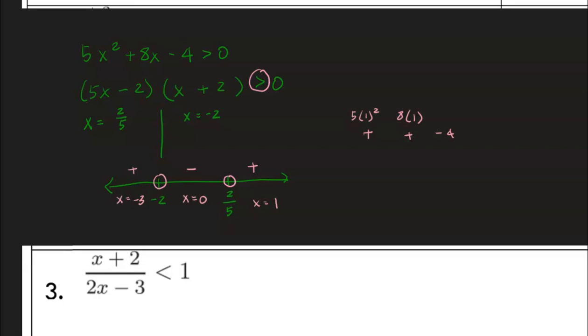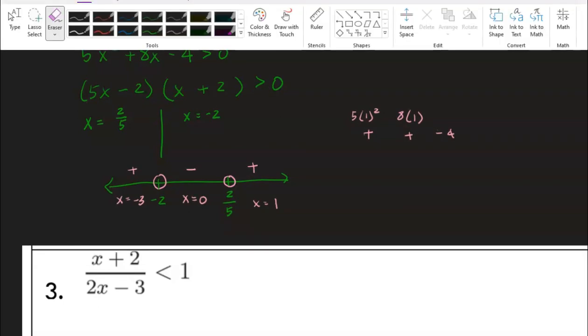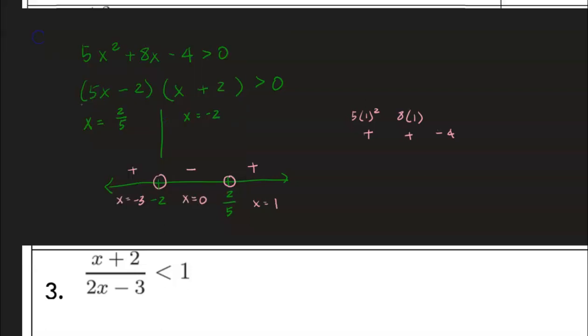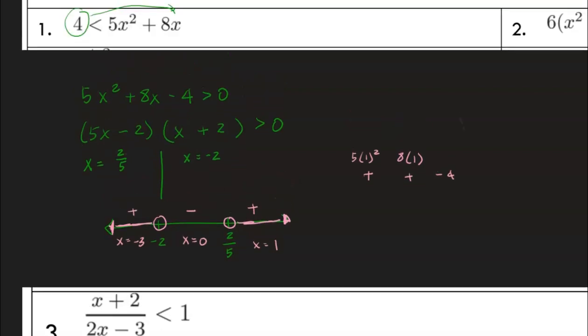So it doesn't equal these points right here. It doesn't equal those. Okay, so that's why I'm putting the open circles. And then we need ones that are greater than, so those are going to be the pluses. So it's going to be right here. So the answer to this,